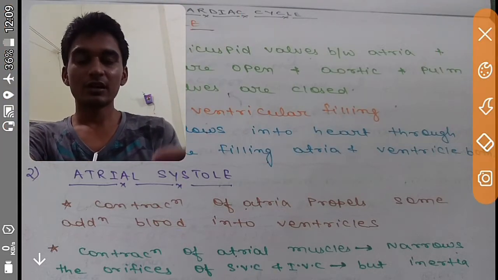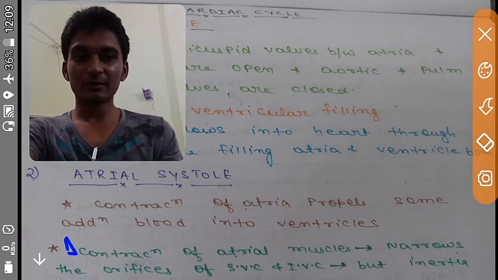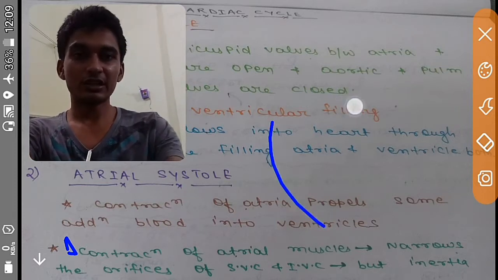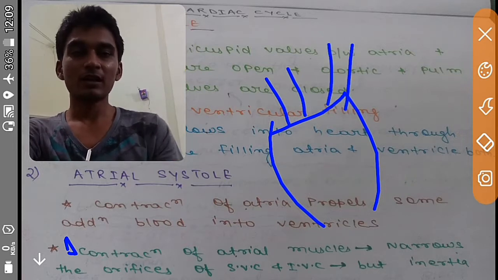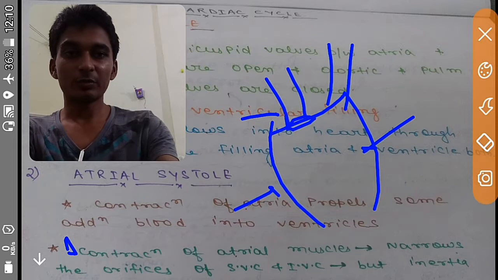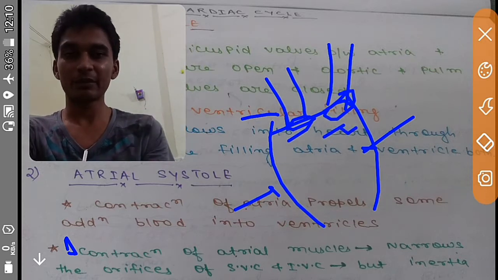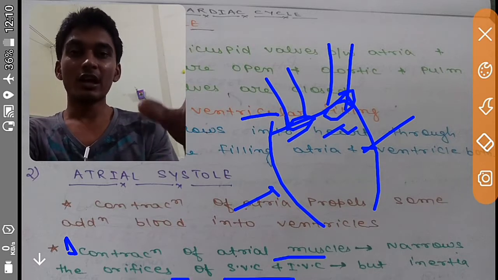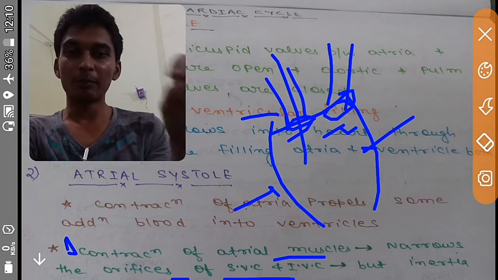Contraction of atrial muscles, and one more important point, mind it is important for AIIMS: the contraction of the atrial muscle will narrow the orifices of the superior vena cava and inferior vena cava. Suppose this is the atrium, this is the superior vena cava, and this is the inferior vena cava. When the atrium contracts, it also leads to narrowing of the openings of the superior vena cava and inferior vena cava. Once the orifices get narrowed, the blood flow will decrease, but